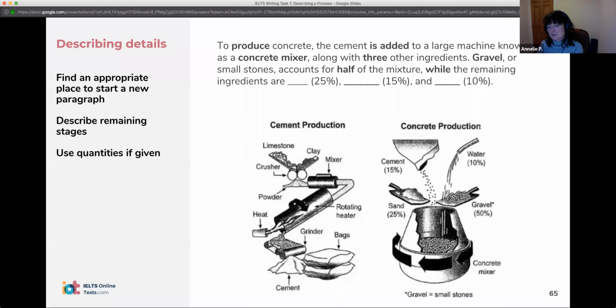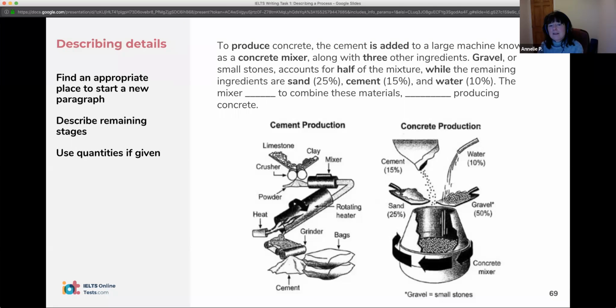Okay, very good. While the remaining ingredients are, yeah, okay, so yeah, sand, cement, and water. Okay, very good. Sand, cement, and water. Okay. Good. Okay, and then we're just going to put the last part together. So the mixer,